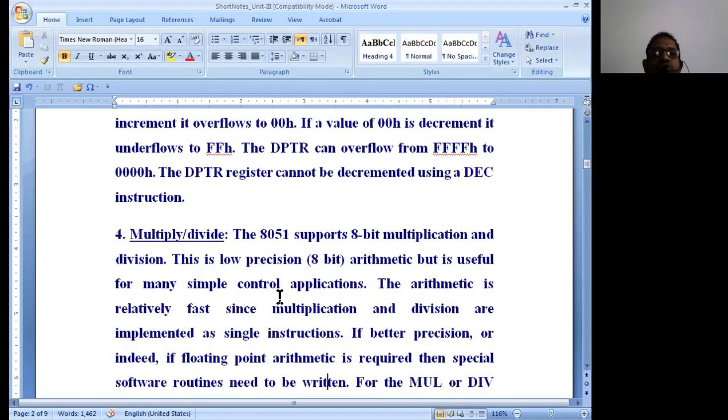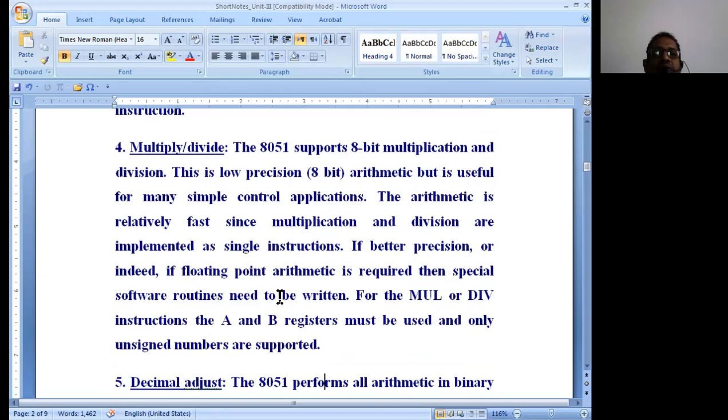The next important instructions are the multiply and divide instructions. We use the instructions known as MUL and DIV, the multiply and division instructions. The 8051 supports 8-bit multiplication and division. This is low precision 8-bit arithmetic, but it is useful for many simple control applications.